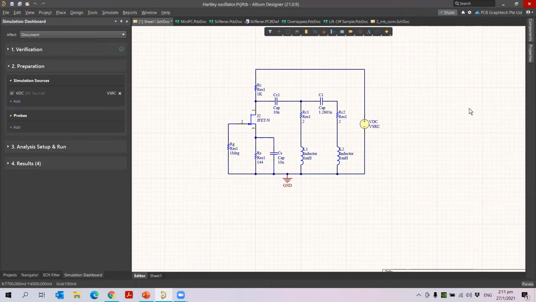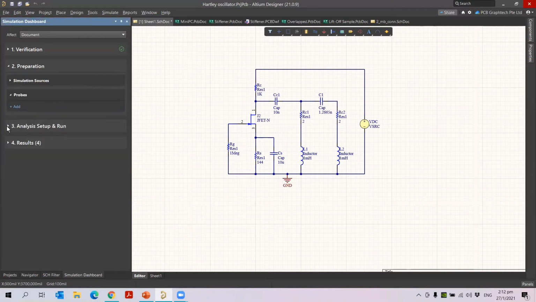The purpose of adding the probe is to validate your simulation data, or to put the net name, or you can give the trace colors by placing the probe. Why we are adding the probe data is to see the results when you do the next simulation. The previous results can be reviewed every time you do the next simulation, and then you can compare them. The probes will show all the results data inside your design. Okay, now I go for the analysis setup.